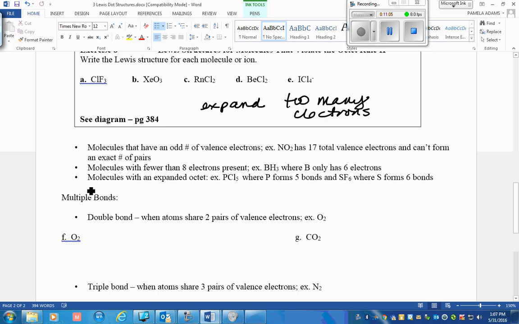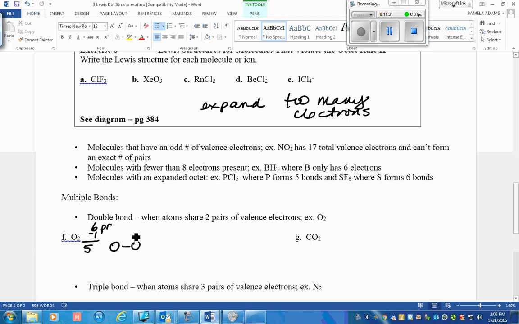So here's a couple of examples. Oxygen has 6 valence electrons. There are 2 of them. So that gives us 6 electron pairs to satisfy the octet rule. So we're going to decide one of these is a central atom. It doesn't matter to me which one you use. I always use the one on the left. I'm going to use one of my pair